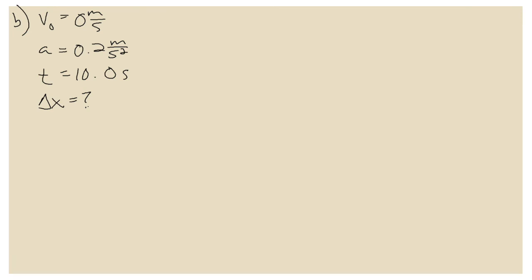And this question is asking us here for how far the boat goes. We could say its displacement or its distance. It's going in a straight line. It doesn't really matter. Delta x. And so the best equation to solve for this here, in my opinion, is delta x equals v naught t plus 1/2 at squared. And I think that's the best equation because it's simple. Because the initial velocity is 0, the v naught t term goes away, and we're left over with delta x